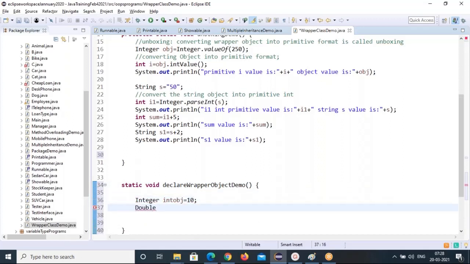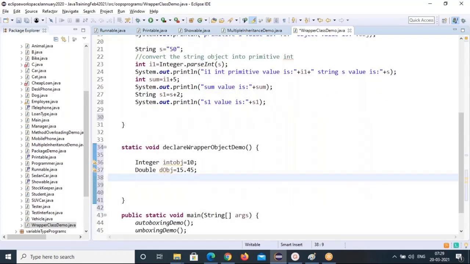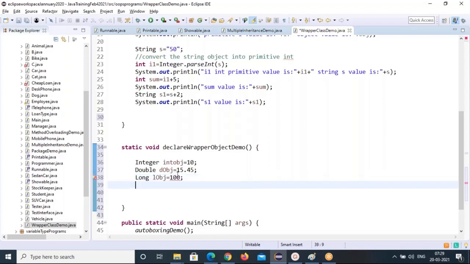Double dobj equal to 15.45. So like this you can declare your wrapper objects. Long lobj equal to 100L, 100, just 100. So you can declare like this, capital L you have to declare.